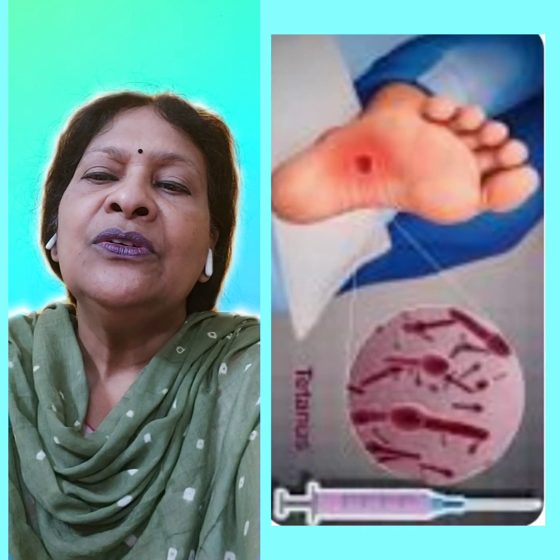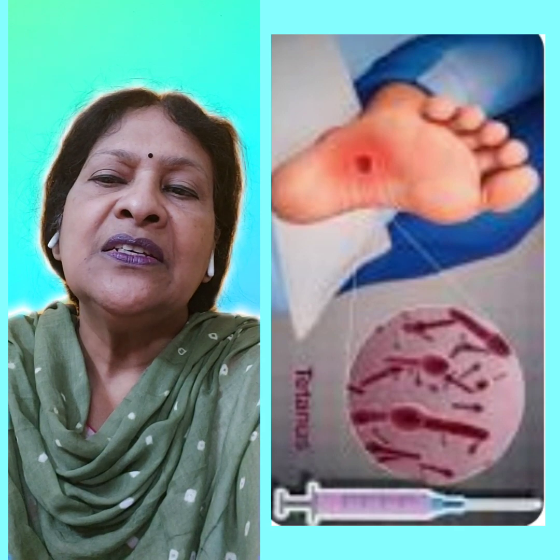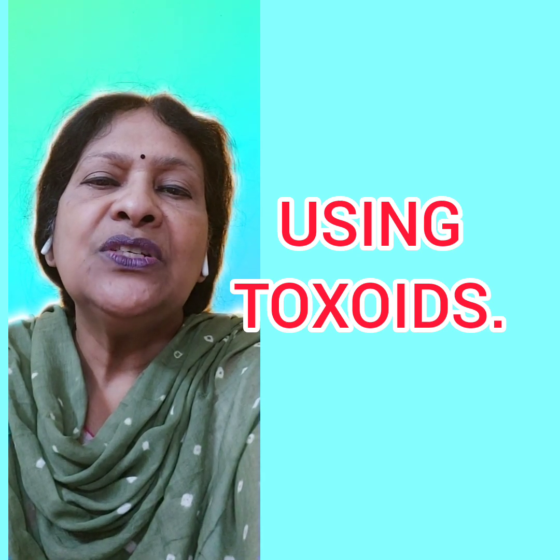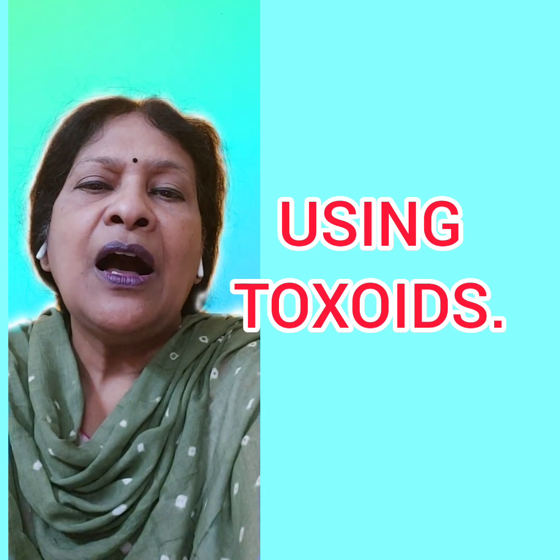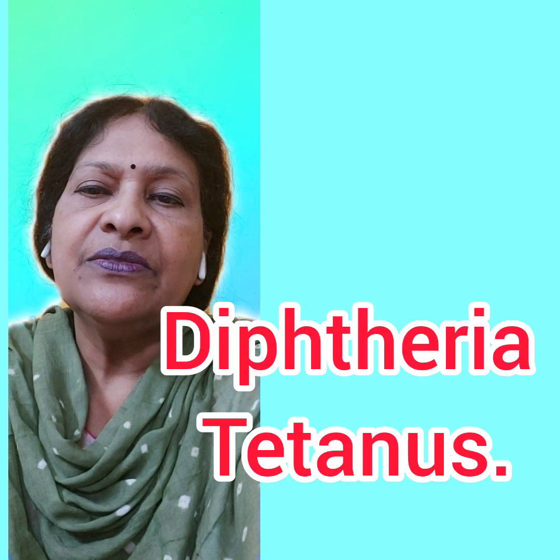The fourth category is for the production of immunoglobulins using toxoids. Now, what are these toxoids? Most bacteria produce a chemical in the body of the individual where it harbors to produce a disease. It's not the bacteria itself, but the poisonous substance that is released by it. And this poisonous substance is inactivated again using some chemicals like formaldehyde or formalin, and that can be used for the treatment of certain diseases like diphtheria and tetanus.